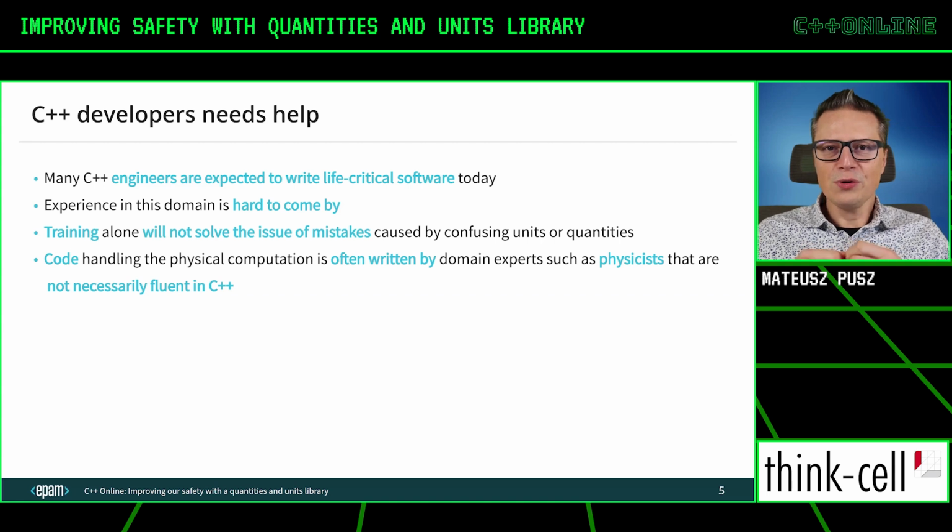Also, code handling physical quantities for physical computations is often not written by C++ experts. It's written by engineers, sometimes physicists, who just use C++ as their current tool to get the job done. They do not know much about C++. They're not experts in that domain. They are experts in their own subjects of physics or some engineering they want to model with our programming language, and we have to provide easy to use tools for them to do the job and easy tools to diagnose the errors that may happen during this